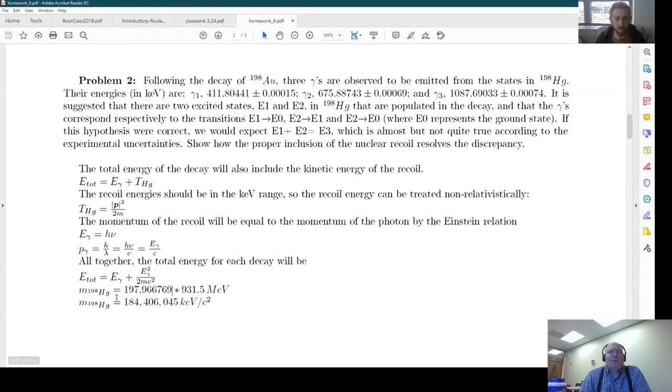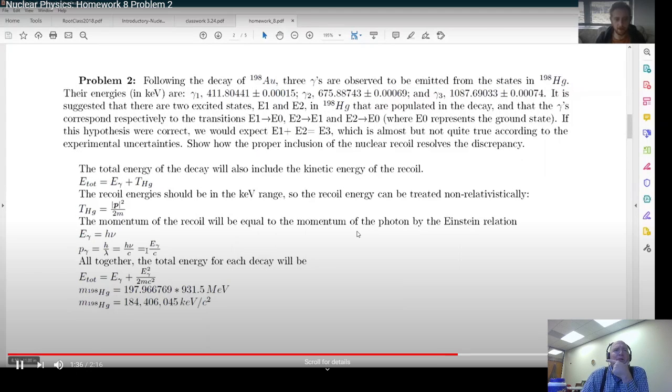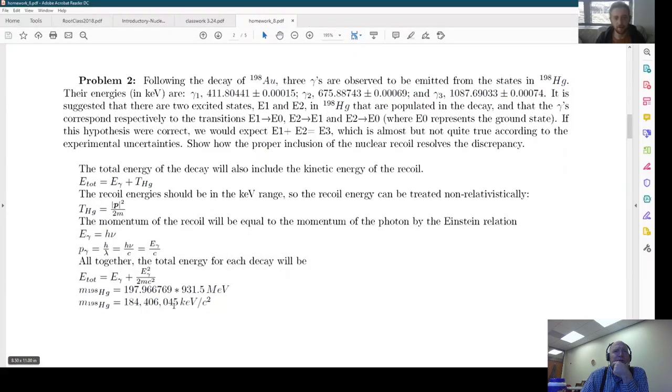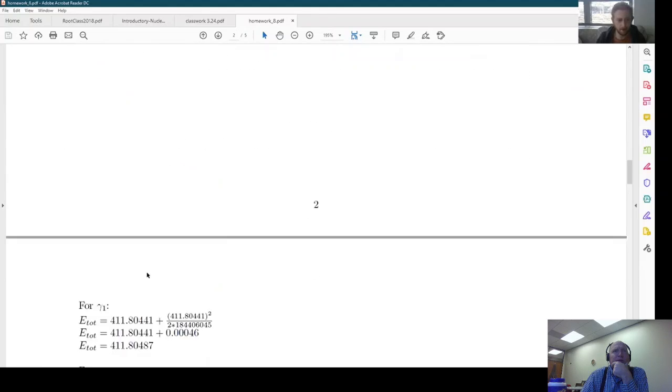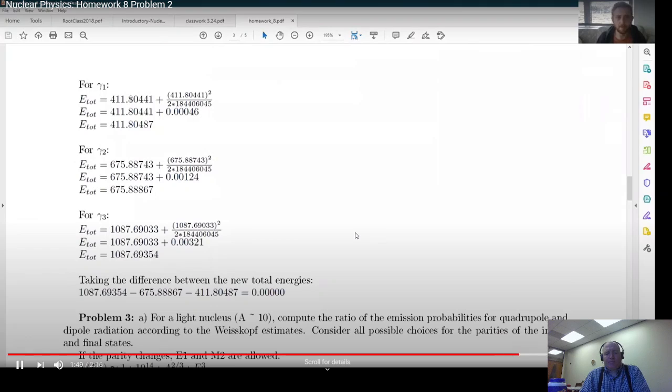The mass of Mercury, as stated earlier, is pretty large. It's almost 200,000 keV, so it's going to be pretty small compared to this gamma ray. And indeed, when we do those calculations, we see that for